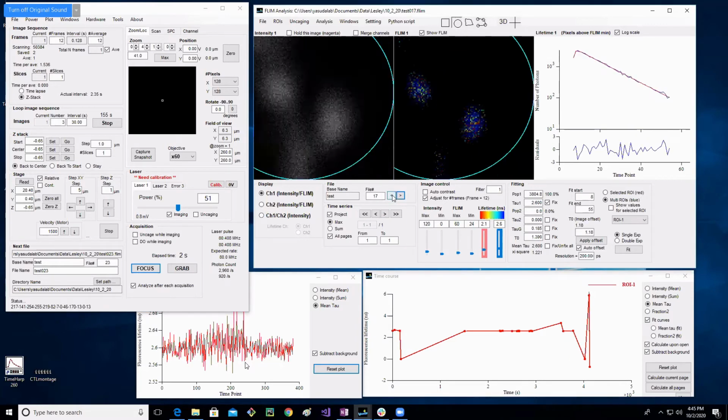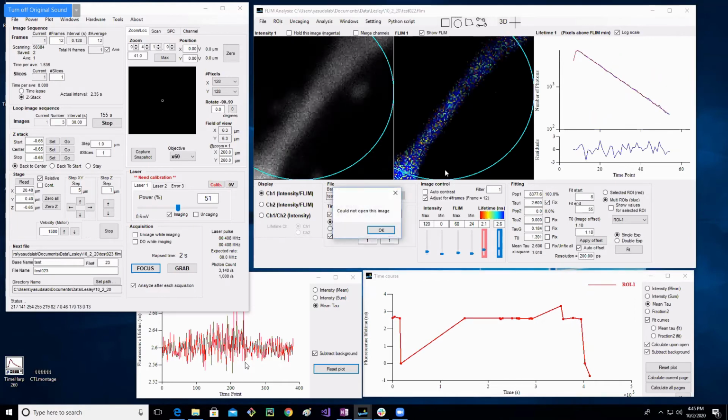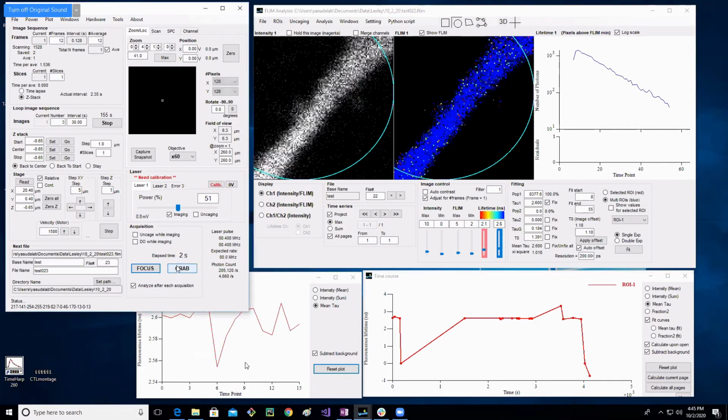Let's go take these images. Let's go and take a look at this window here, and your FLIM below, and these values. Okay. So let's say we just need to get a nice